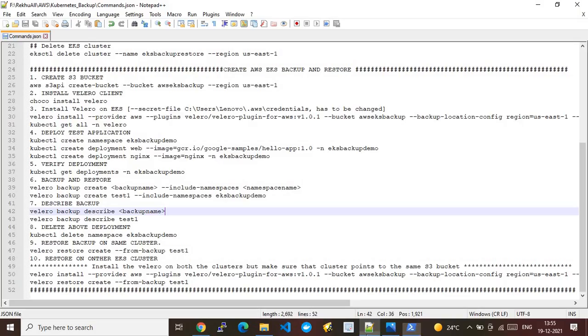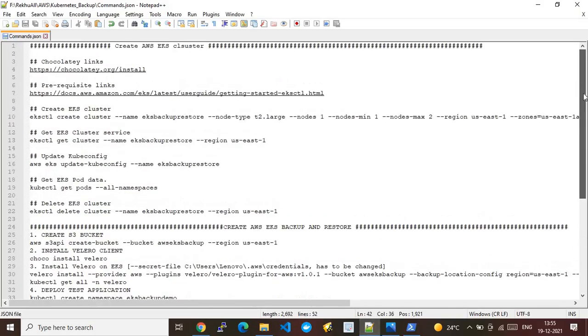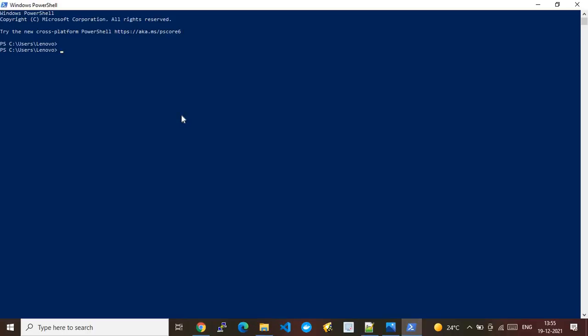Okay, so first, to set up the primary location, I need to run some commands. First I need to set my AWS context using the command called aws configure. So I'm setting the context in this Windows PowerShell. Here is my access key ID and secret access key. And then the region. US East 1 is my primary region, but when I'm working with the secondary region, that is the Ohio region, I will change the region. That's all for now.